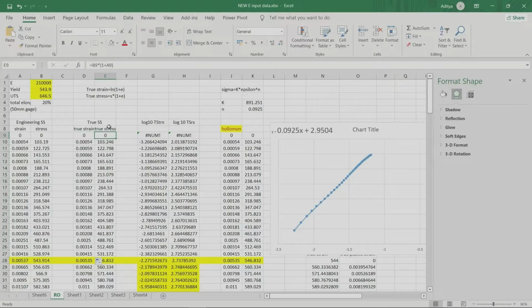Similarly, to convert engineering stress to true stress, the formula is engineering stress multiplied by 1 plus engineering strain. So you can calculate it: equal B9, this value, multiplied by 1 plus A9, that is your 1 plus engineering strain. So this one here is your true stress and true strain data.